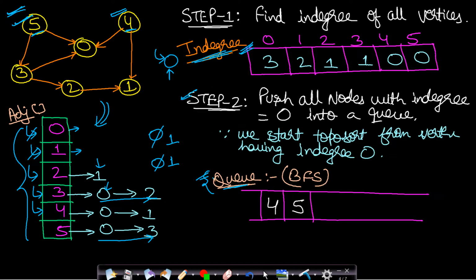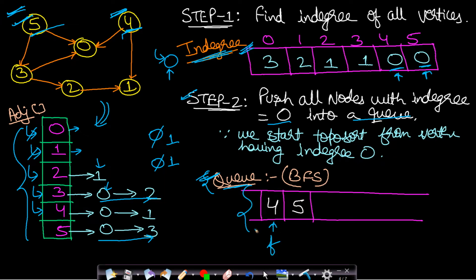In the second step, we will create a queue for BFS to be applied. We will push all the nodes with in-degree equal to 0 into our queue. This is because the nodes with in-degree 0 can become the starting points of our topological sort. From this graph you can see that there are no incoming edges for node 4 and node 5. Therefore their in-degree values will be 0 and they become candidates for the starting position of the topological sort. So we will be pushing 4 and 5 into our queue, and this is our front position.